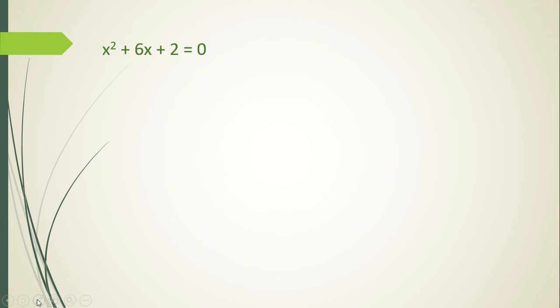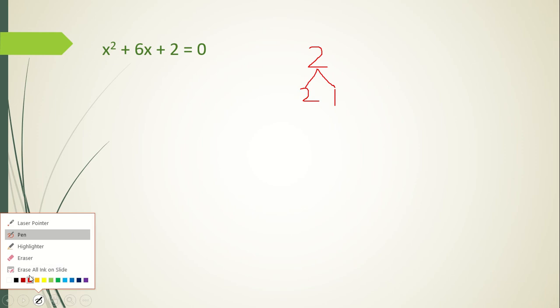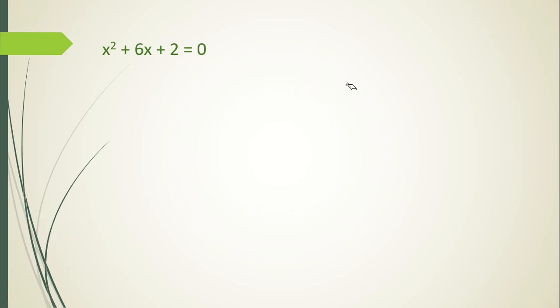Now we are given this example here, x square plus 6x plus 2 is equal to 0. According to the factorization method, the last term sign is positive. That means we are supposed to find the factors of 2 by adding, and after adding, they should give me 6. There are no factors of 2 which can give me 6 after adding. So I cannot solve this sum by factorization method. At that time the method that I use is the completing the square method. Now what is that? We will see.